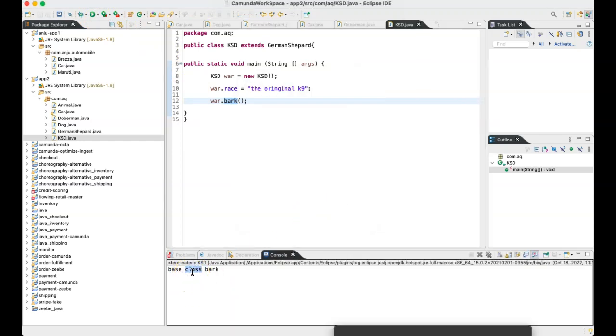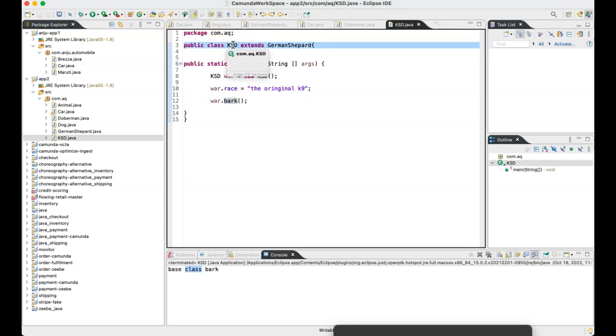See? Do you see this? KSD also is a dog, right? It is nothing but dog and German Shepherd and KSD.